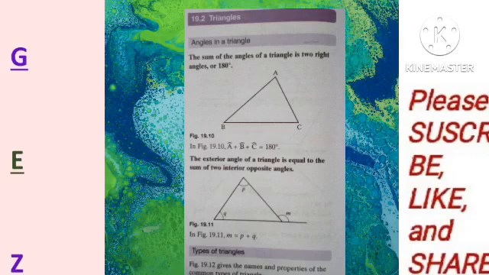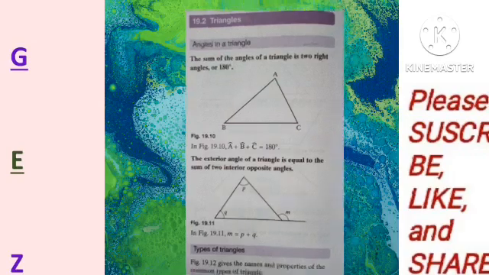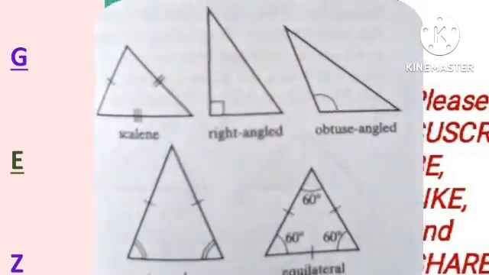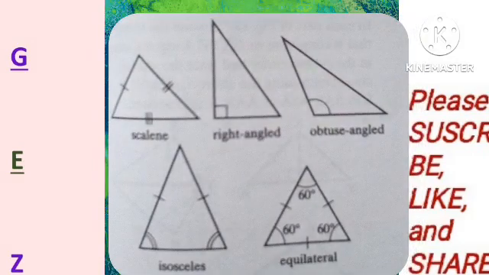So aside from that, we also have types of triangles. Then let's talk about those. We have the names and the properties of triangles. Now we have 5 different types of triangles here. We have the scalene triangle, and the scalene triangle is a type of triangle that has all its sides unequal. Next we have the right angle triangle. A right angle triangle is a triangle that has one of its angles as a right angle, which is 90